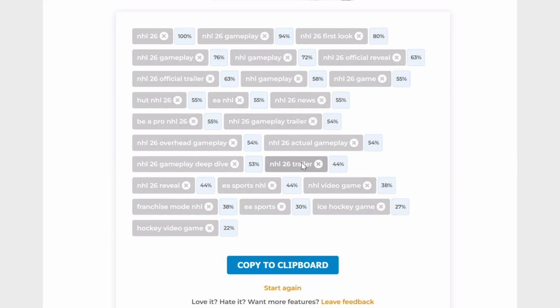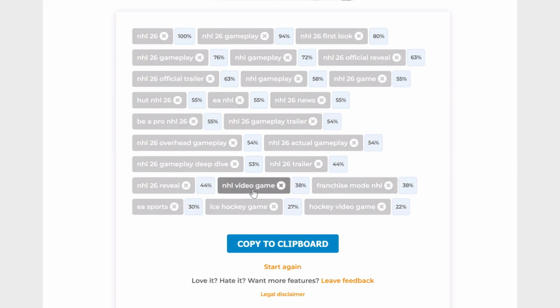Finally, you can quickly remove the tags that you don't like by clicking the X icon and copy the rest to use in your tags, video title, and in your opening sentence for the best results. That's it. This is how you can quickly uncover hidden, long-tail keywords used by successful creators and make your videos